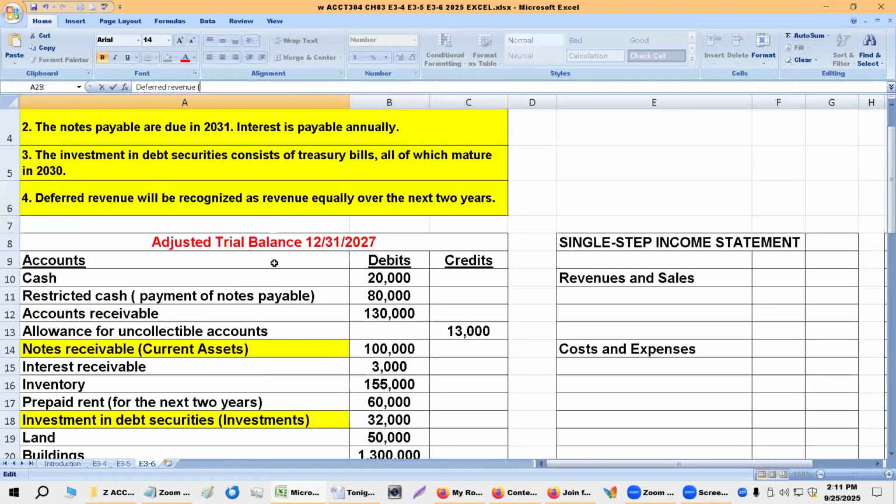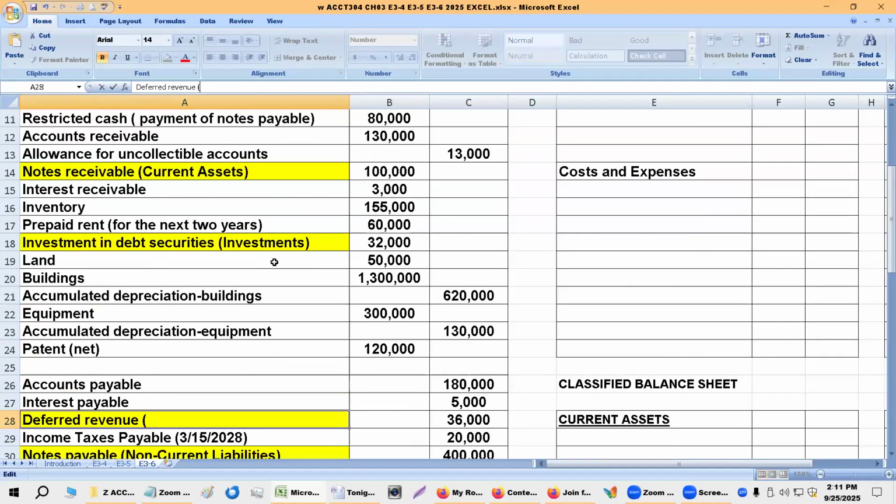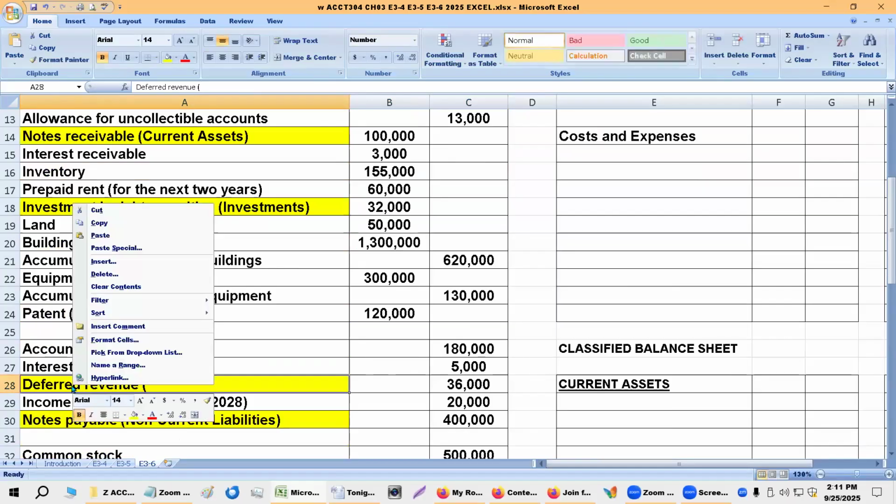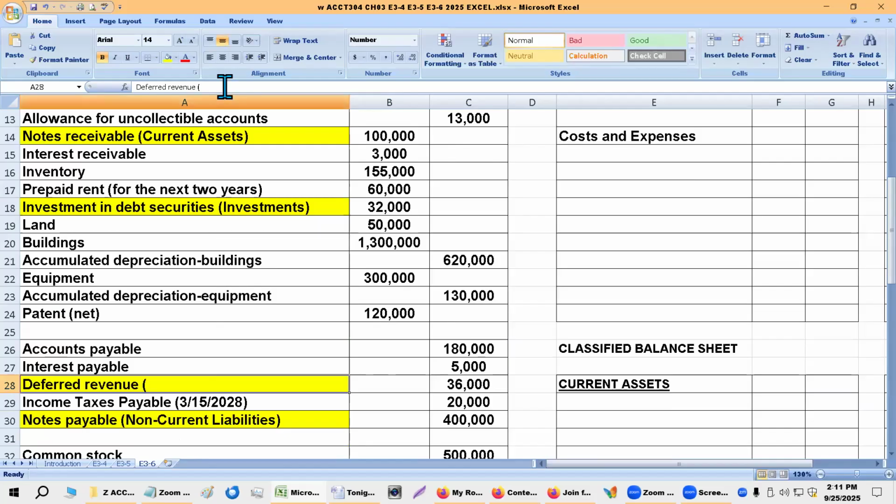Equally. So there's going to be a liability. Both. Yep. Great. So half will be liability, so it'll be current